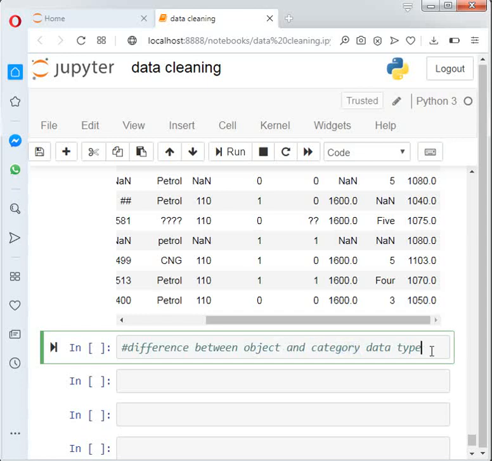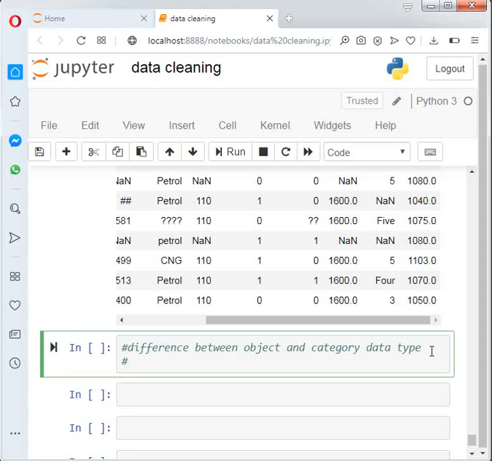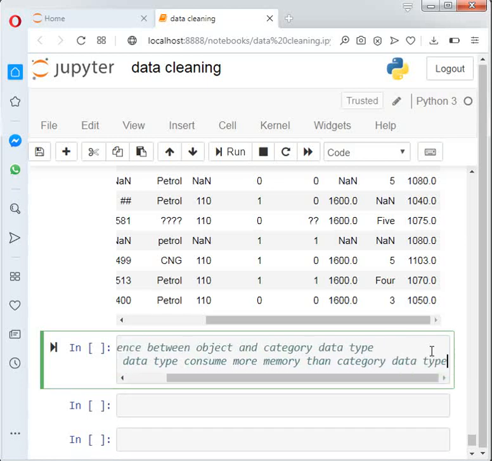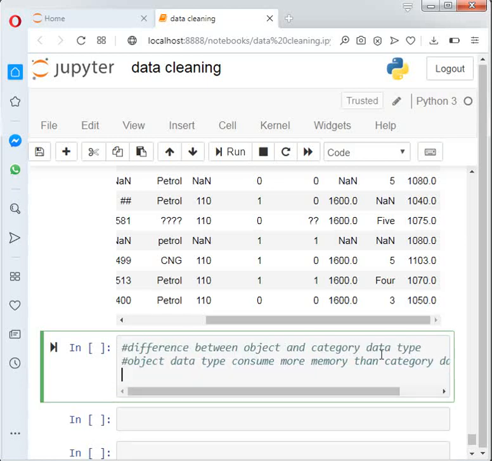The object data type consumes more memory than the category data type. So this is the basic difference.